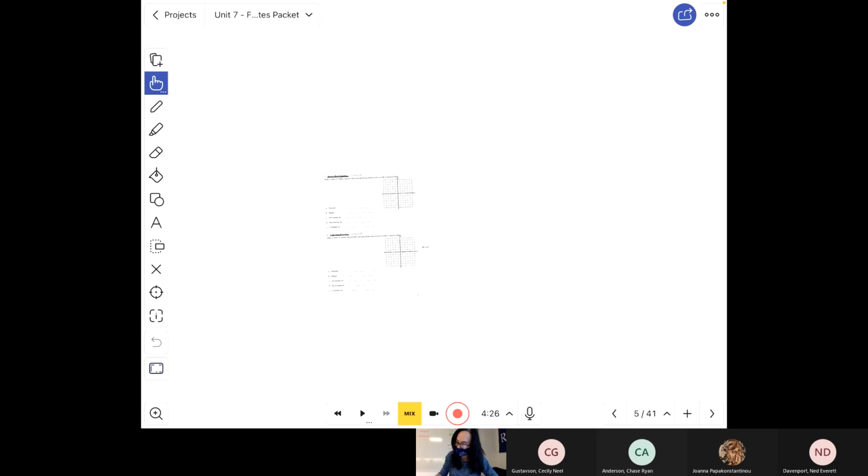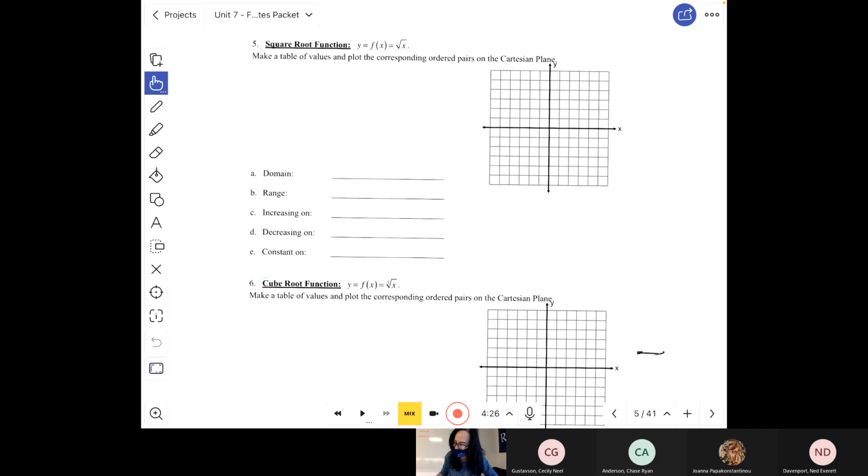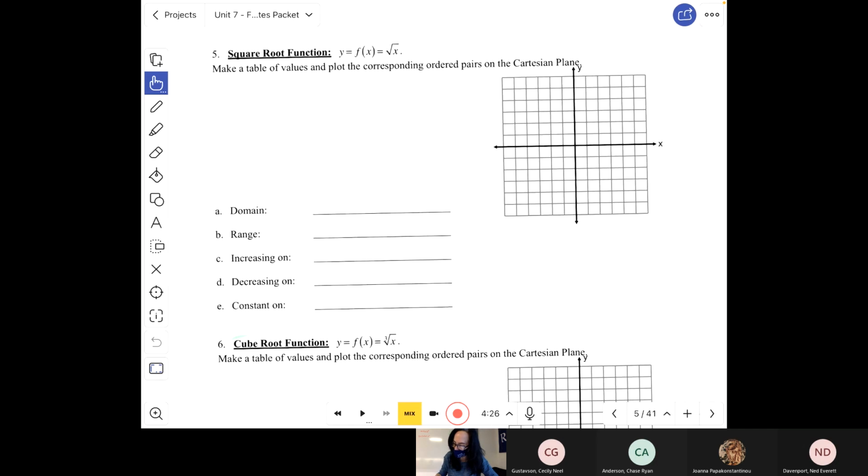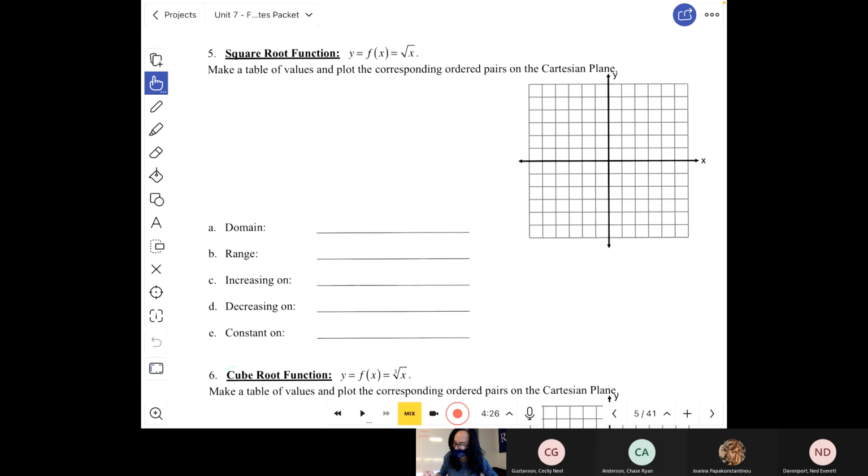Okay, so the next parent function that we're going to add to our little formal library of functions is known as the square root function. So if I look at the square root function, y, or f of x equals the square root of x. And again, I could transform it, but do I have any restrictions on the domain values of the parent square root function? Are there any x values that have to be omitted that would make this function undefined on the real Cartesian plane? So negative,